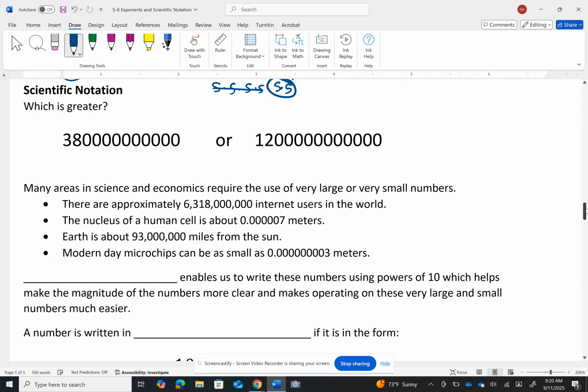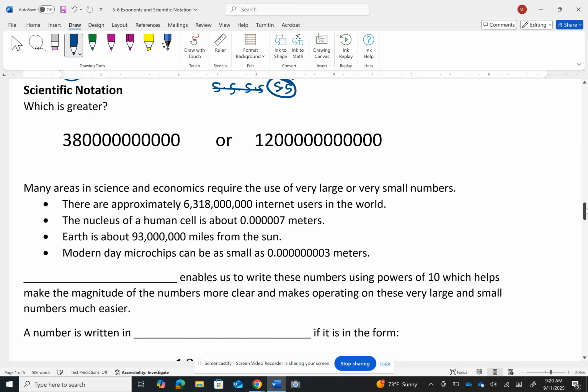What's good about it is you can tell at a glance the magnitude of a number. Okay? And so it's easy then to compare it to another large number or to compare two really small numbers. Right? When you write big numbers like the two I've written